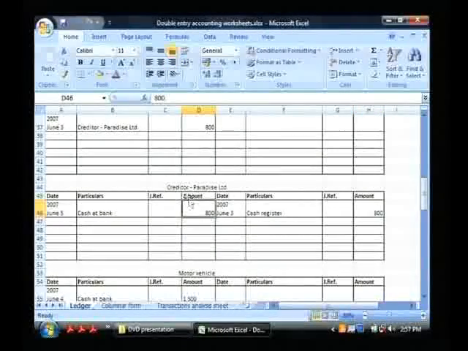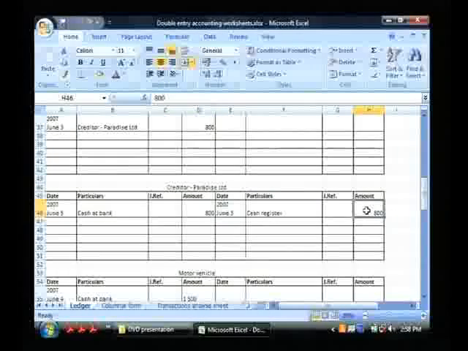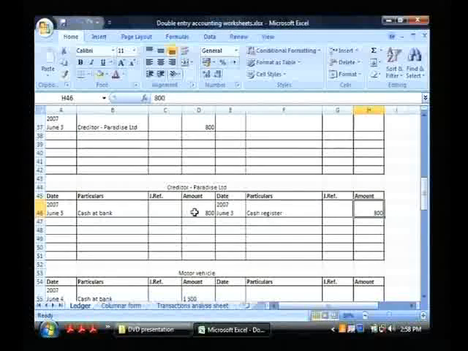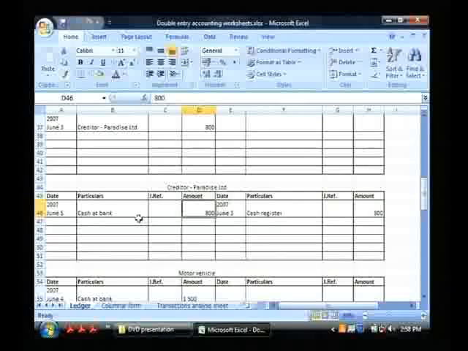Here the interpretation is we purchased a cash register on credit and the amount payable to this company is 800, and now we paid 800 kina and there is no balance in this account. Full amount has been settled. Now 6th June,